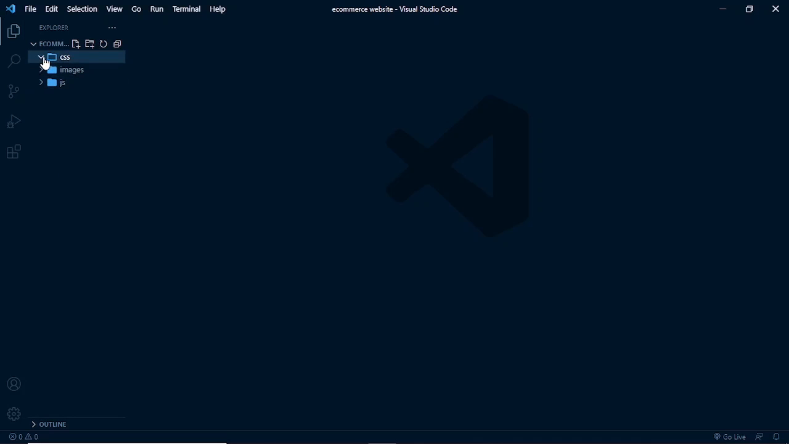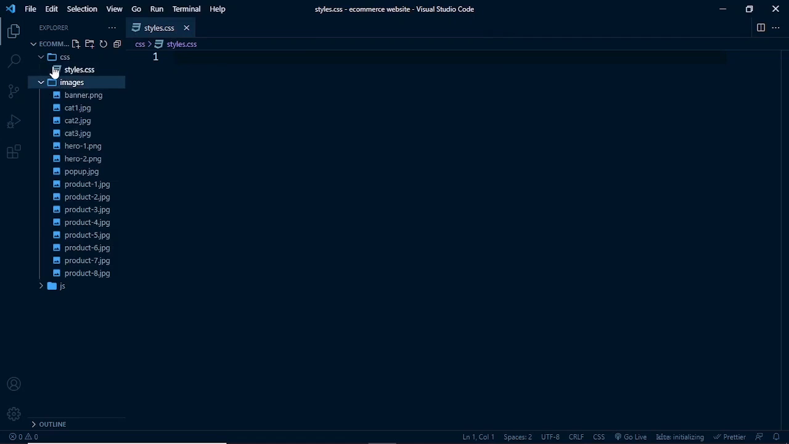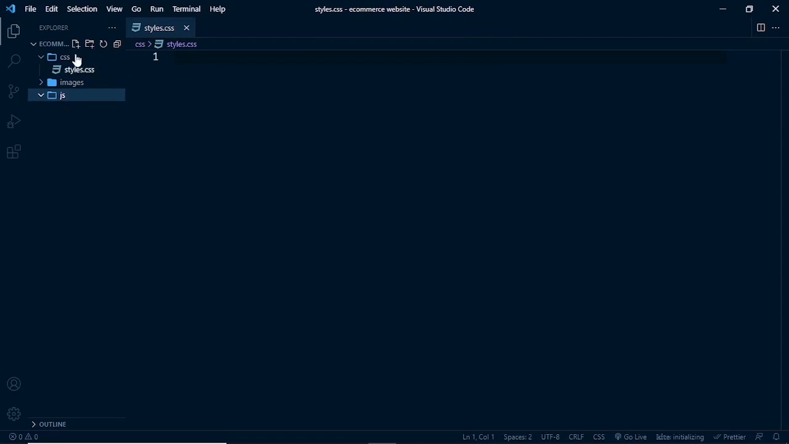Within the CSS folder, let's create a file which is styles.css, and also within the JS folder, let's create two files, index.js, also slider.js for our carousel. And within the root folder, let's create a new HTML file. So you can right click and click on new file,